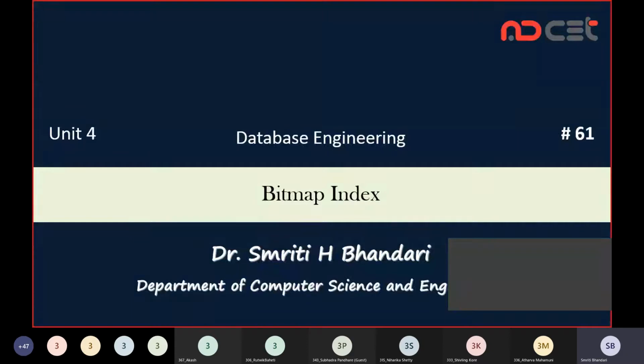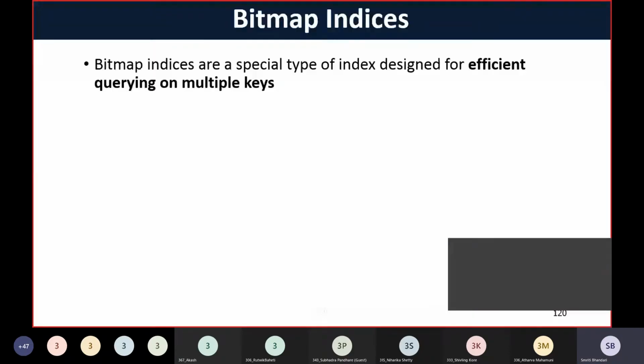Indexing, and that is known as the bitmap index. Right, so a very interesting and very simple indexing technique that we are going to discuss now. So in bitmap index,